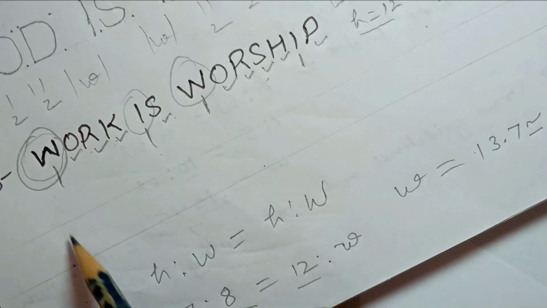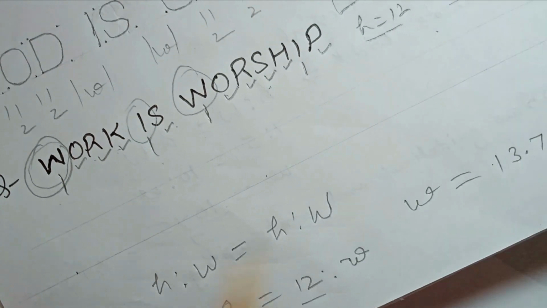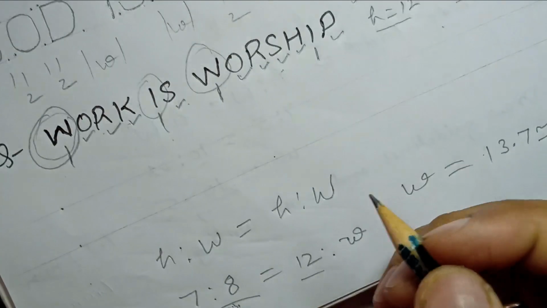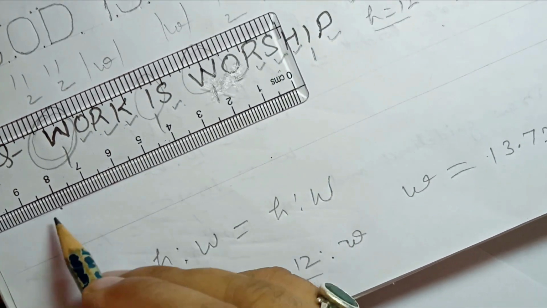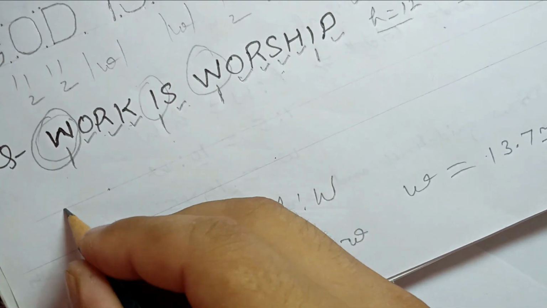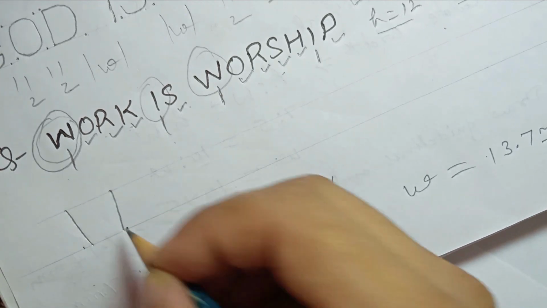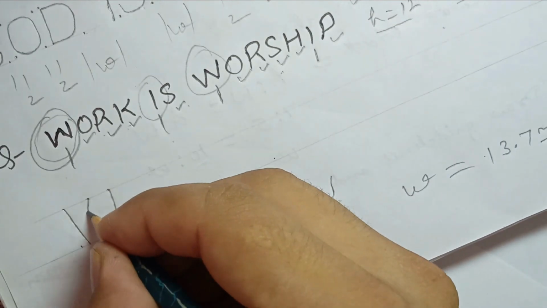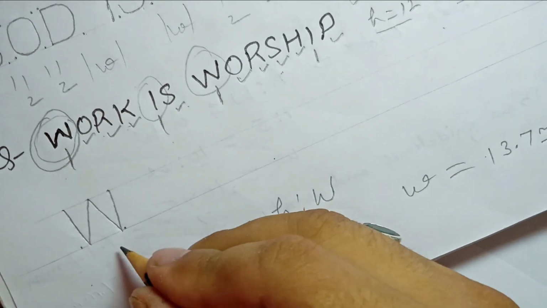So I have drawn the two guidelines with a 12 mm gap. Now how to write W? The calculated width is 14. So again take the two start points. Now after that take a 14 mm gap. So we have calculated this 10, then 4, same here. Now we will write the W. We know the shape of W, it should be inclined at the edges. So I have drawn the two inclined lines. Then exactly at the mid of the top we have to join the base left and right corners. So this is the shape of W.